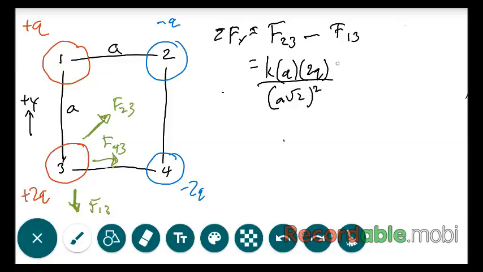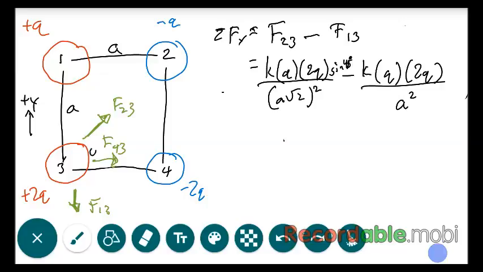We're going to square that because that's the formula of the force. Now, force 1 on 3 is, again, Q, 2Q, using absolute value, of course, over A squared. And over here, I forgot to say this is sine 45 degrees, since that's the angle right here. That will get you your vertical component of force 2 on 3. So simplifying this, we get